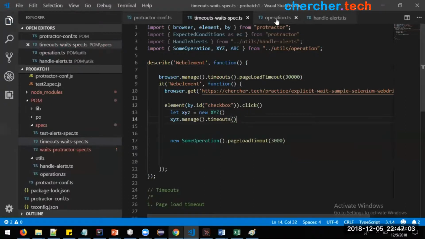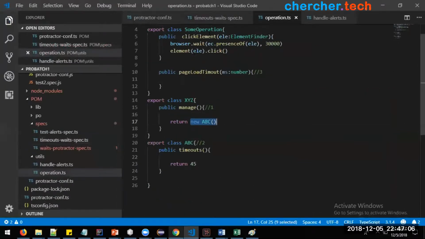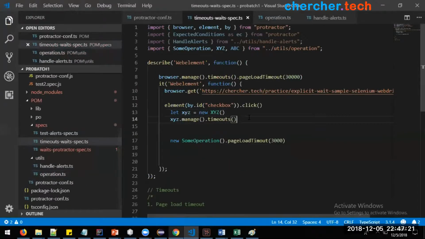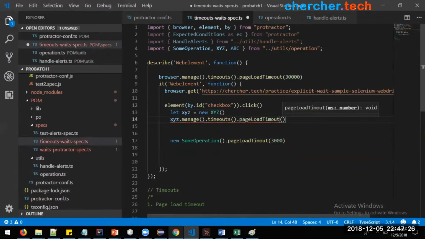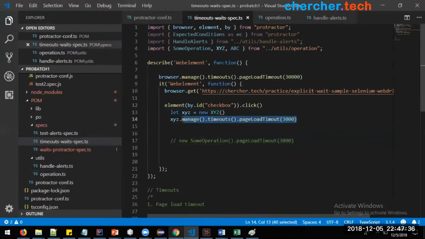Similarly, can this timeout return this particular sum operation? Something like this one. Yes. Now we are able to return that one. Can I call page load timeout here? Right now it will work, because what we are doing is creating new objects, and we